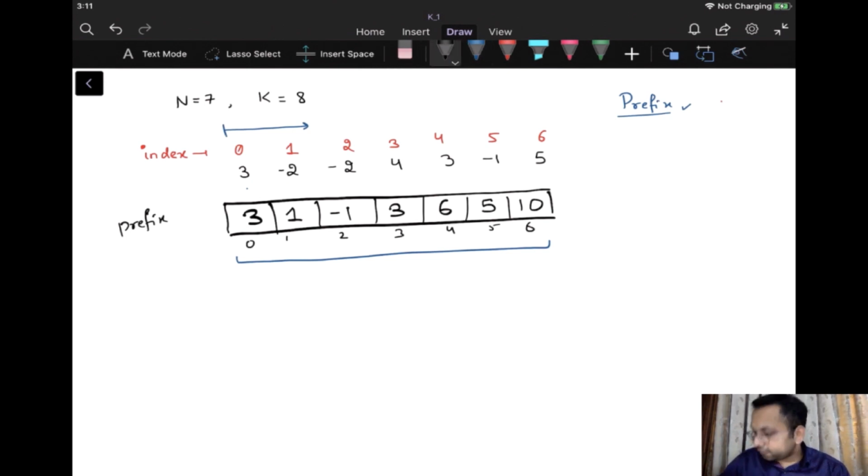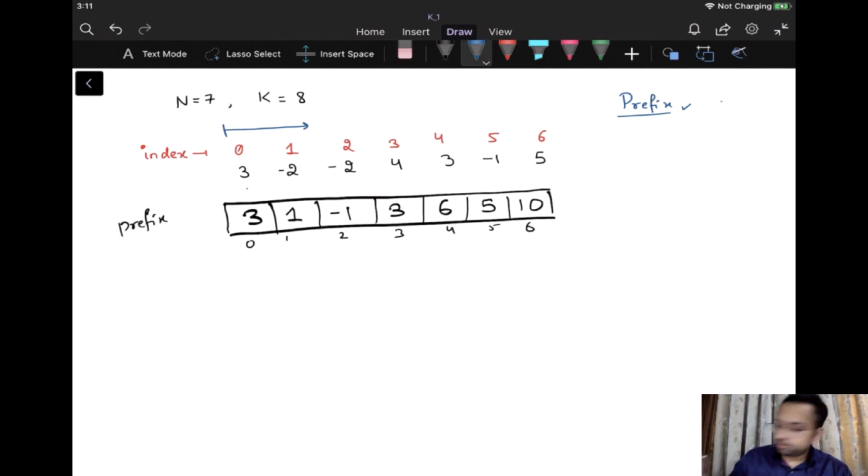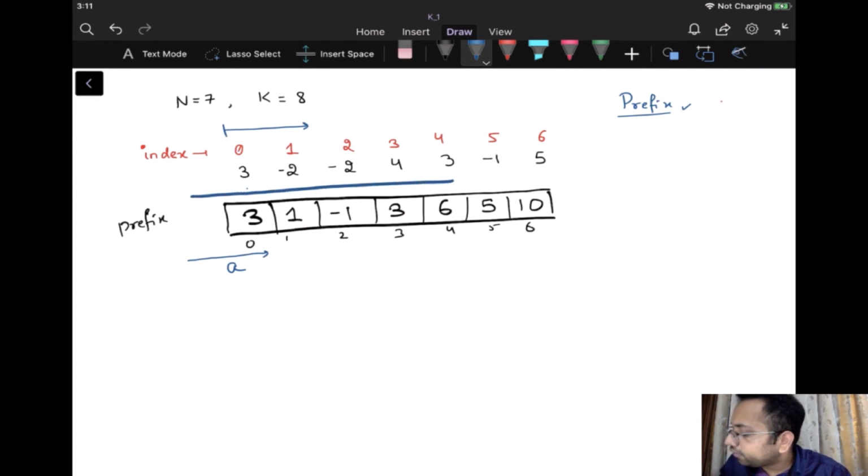So see, if someone asks you what is the minimum length that is having the sum which is at least k, so consider that if you have considered some range, let's say this, I call that this range is having some sum which is equals to a, and this range is having some sum which is equals to b, and I need to figure out the length of the middle range of this particular array.